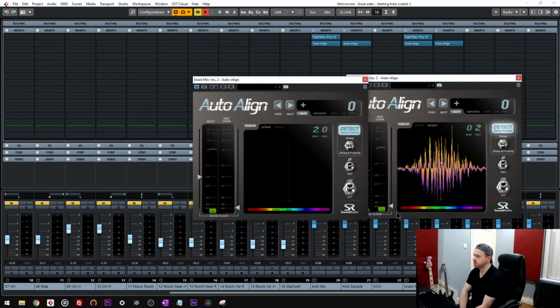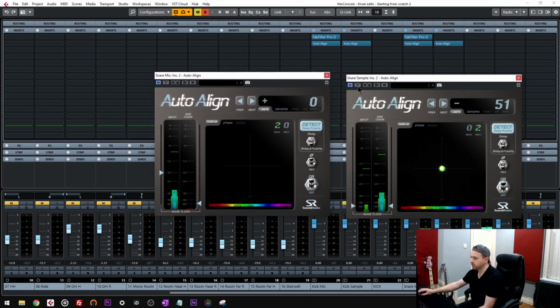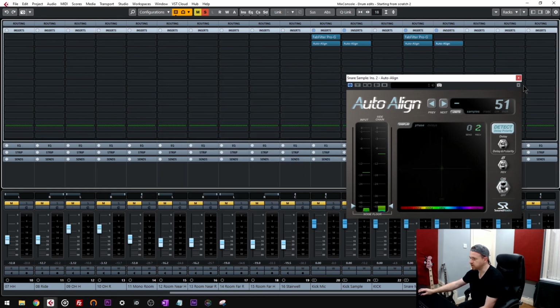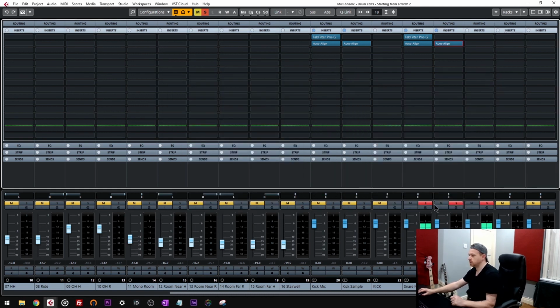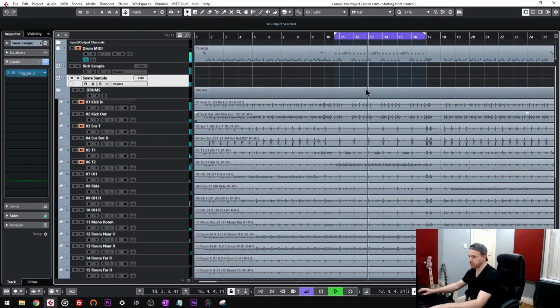Phase aligned, no snares. So again, I'm hearing more low end when they're phase aligned. So I'm just going to bring everything back in,